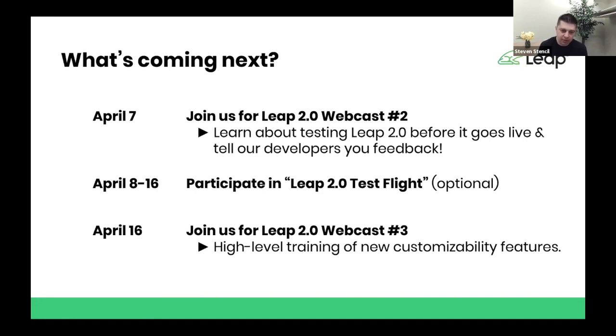And what will happen is you'll download an app called TestFlight. We will give you instructions on how to do this, and it will install a completely separate app icon next to the current icon that you're using. And you can use it with your existing account, and anything that you create in one version will work in the other. So if I create an estimate in one of them, I should be able to pull that estimate up in the other one. And it doesn't matter if I use the new one or the old one. And so the reason that we are doing this is so that you can have both apps installed